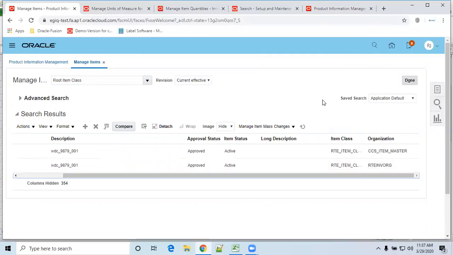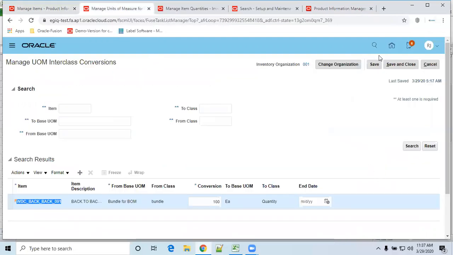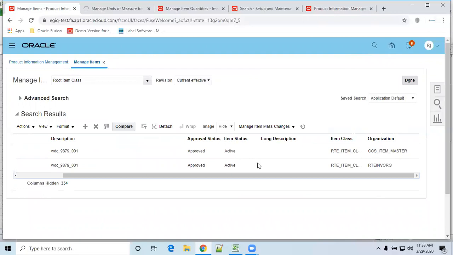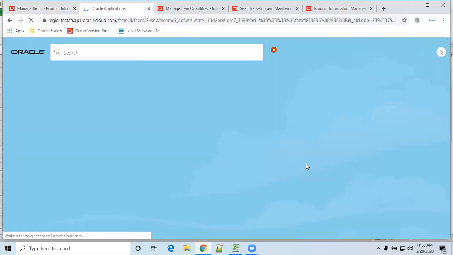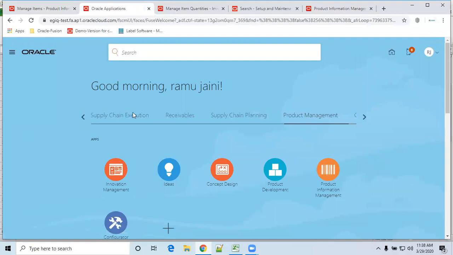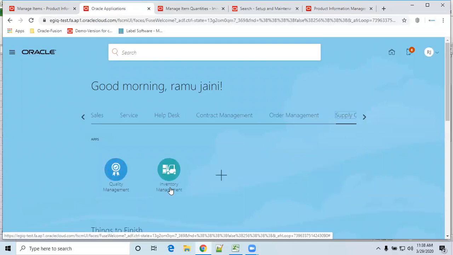So now, in order to test that relationship, I'm going to the inventory management area, RTE inventory org. Where is that icon present in the dashboard? Supply chain, go to inventory management.